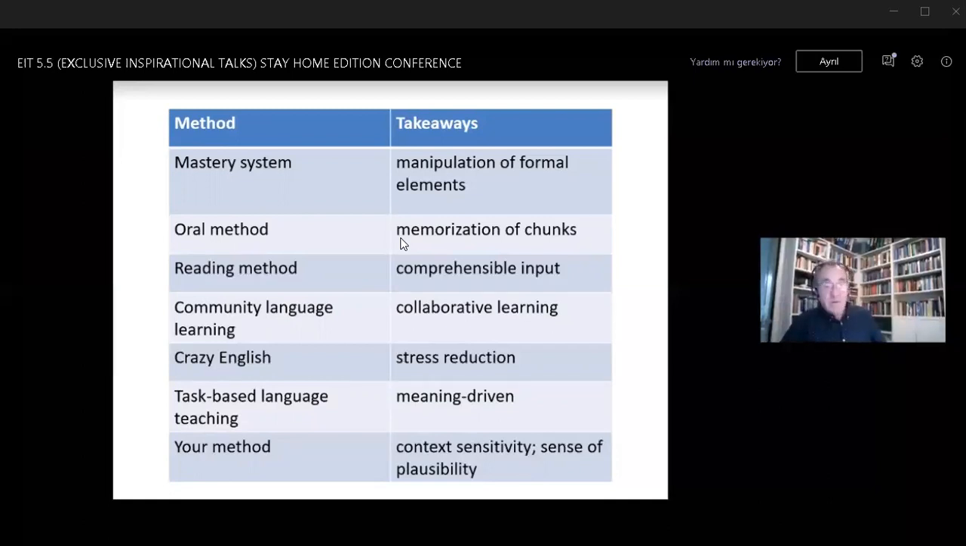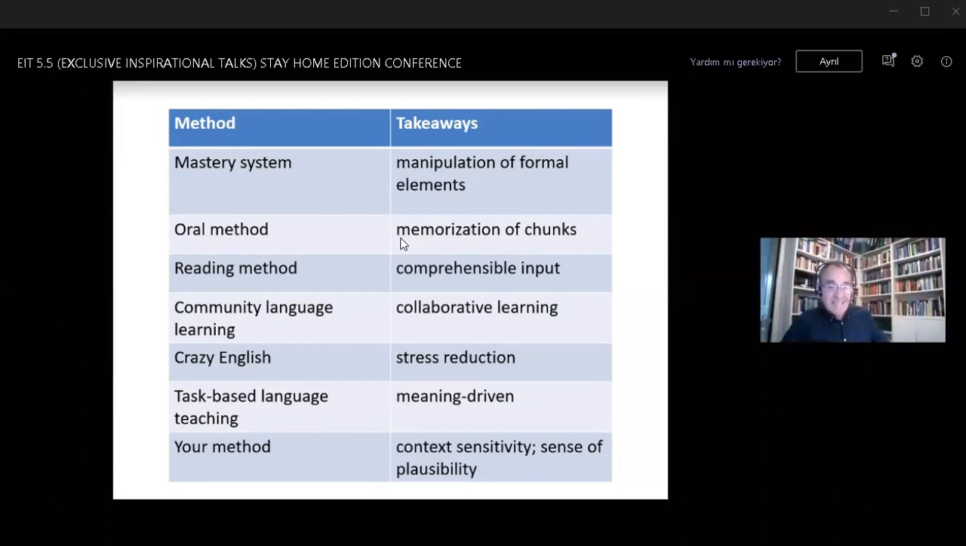The reading method, comprehensive input, is good. Community collaborative learning is good. Crazy English stress reduction is good. Task-based language teaching, meaning-driven learning is good. And your method is context-sensitive, sensitive to your context, and it gives you a sense, it's based on a sense